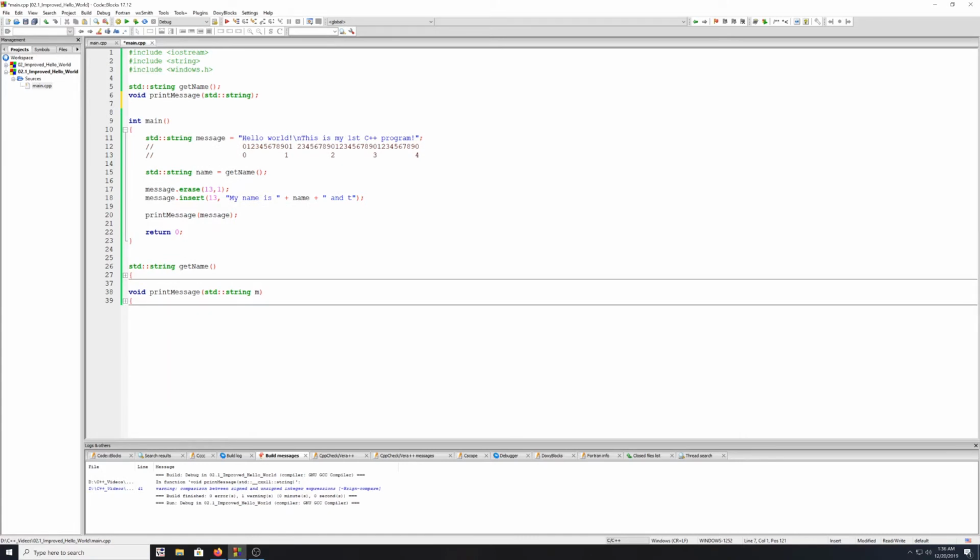So what we got here is our original Hello World. This is my first C++ program. We're calling our get name as we just went through. We're erasing the capital T, and we're inserting some new text along with the name and correcting for the capital T that we missed. But one thing that you notice, this is just a modified version. It'd be nice to be able to show our original output here before I made the modifications. So one thing we could do for that